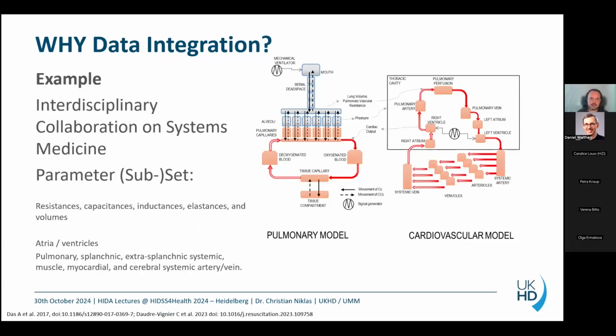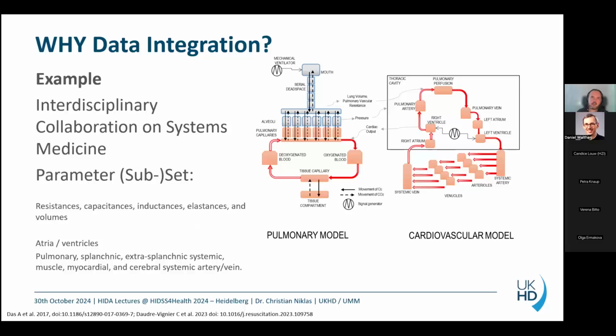My take on this is coming from my time in computational physiology. So this was the work that I've done in the UK when I was there. It's called the Interdisciplinary Collaboration in Systems Medicine. It's a fairly, let's say, non-deep learning model. So it's a classical simulation study. It's fairly complex still. It's probably around a 150 compartment model, loads and loads of ordinary differential equations representing different parts of the body, and it depicts the cardiopulmonary system.